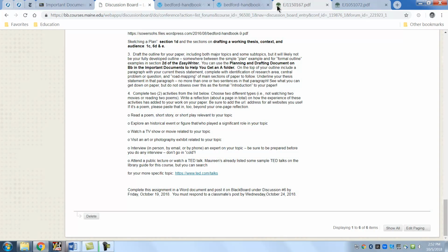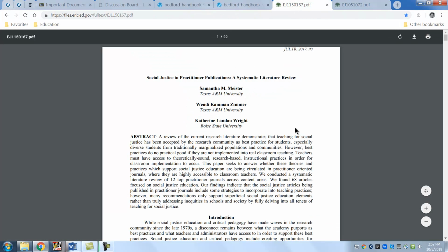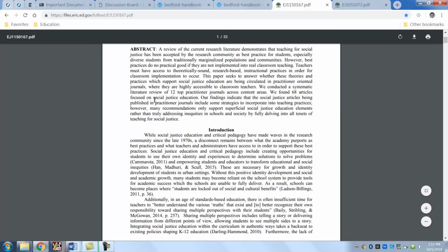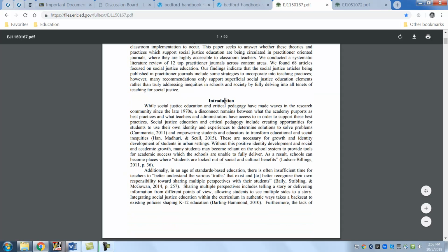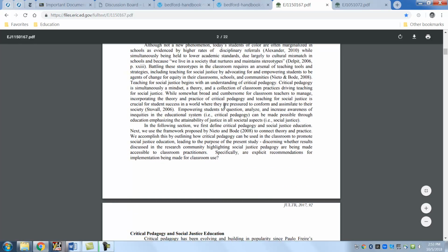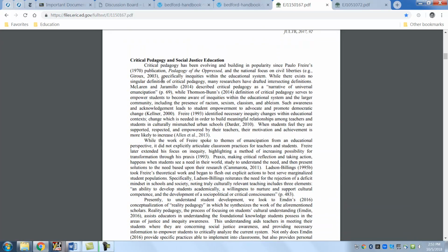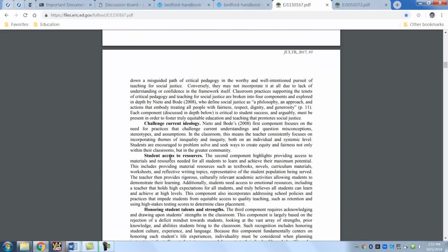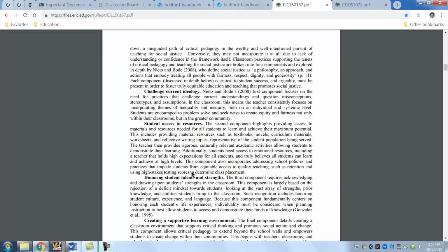Let me show you a couple of things here. Papers. So this is a paper on this topic right here, and I just Googled it and found it. And I want you to see what they did. Never mind the abstract right now. We're going to talk about this paper again next week as you start writing your draft. But they have an introduction, so they tell us what the idea is. They define their topics. And then they do a literature review. So that's another heading. Okay? And under this is critical pedagogy. So you can look at their headings as their separate pieces of the outline.